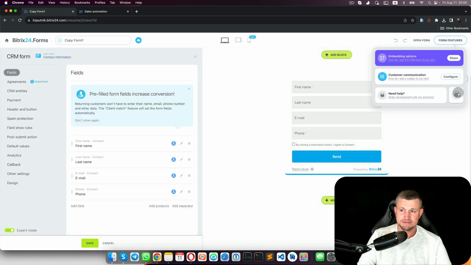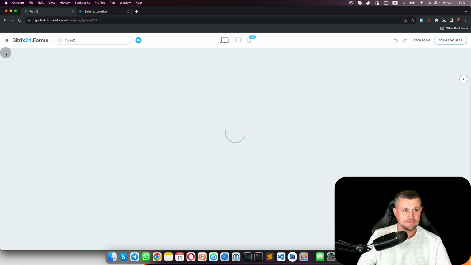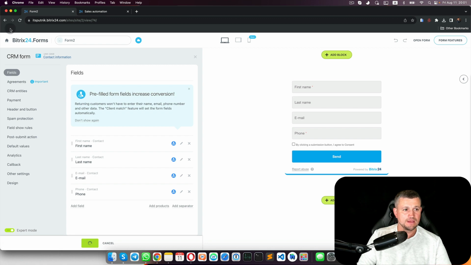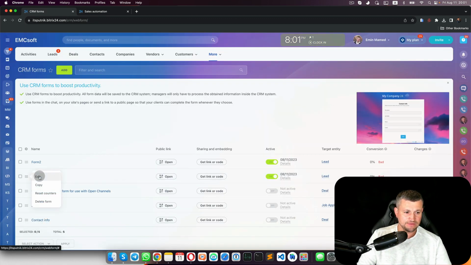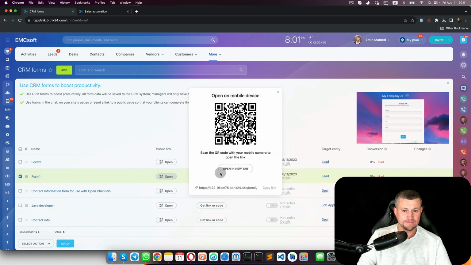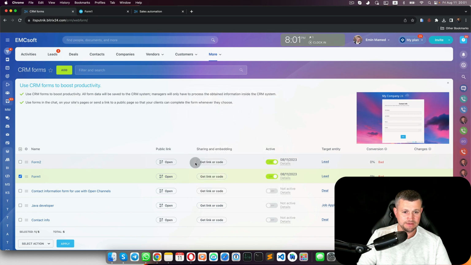So go to settings and form 2. Here, form 2. Form 2 as well. Save. Right, coming back. So I got form 1. If I click it, open in a new tab. So I see form number 1. If I open another form,